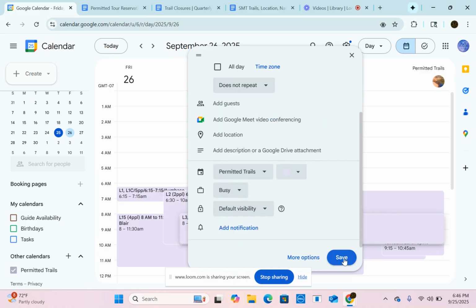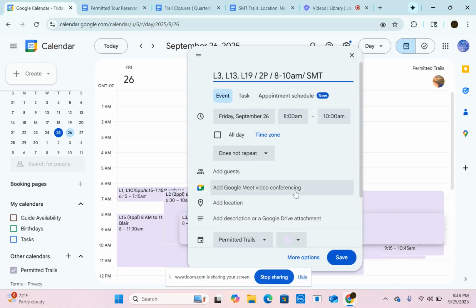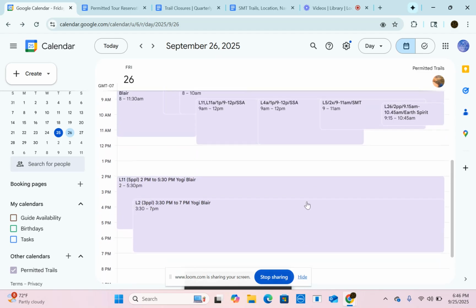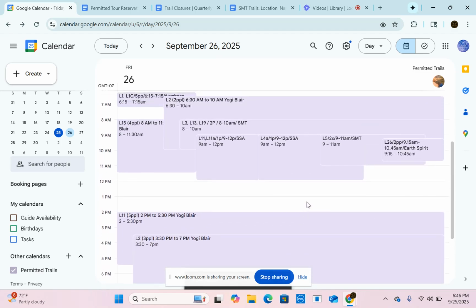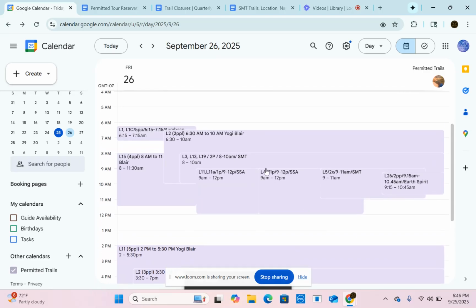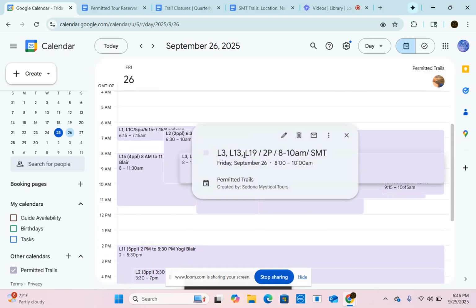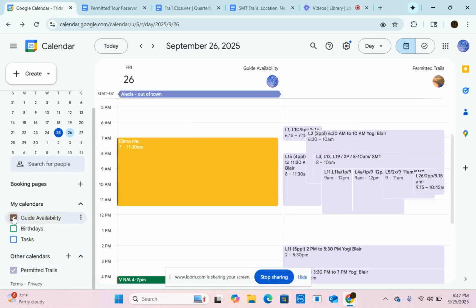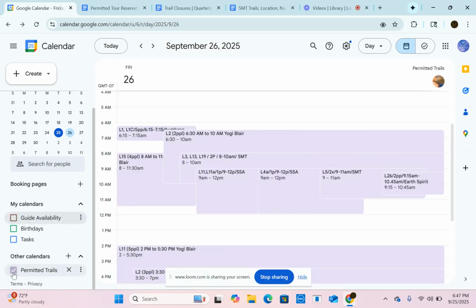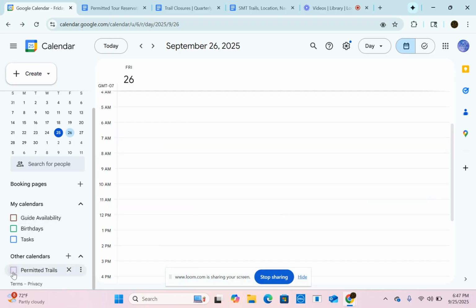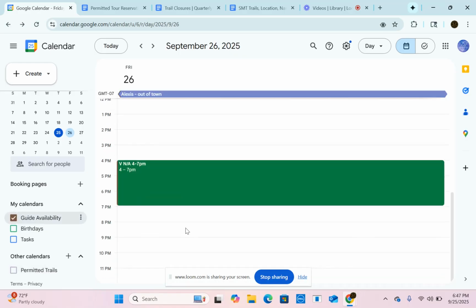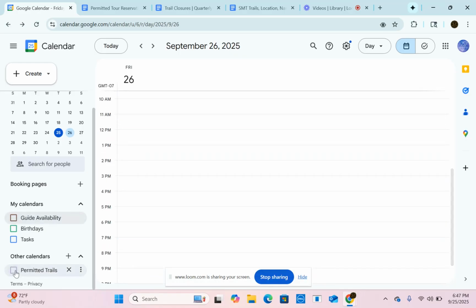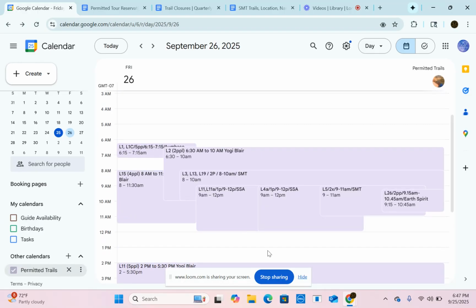And when we click save, we want to make sure that it's showing in the correct day and also for the correct time. So we can see the new entry that was just put in right here. If it were input into the wrong calendar, say under Guide Availability, it's going to look a lot different. So that's one way that we know. If we just looked at Guide Availability this way, we see that it's not there. But we know it's under Permitted Trails because when we have that calendar open, we see it here, and it's